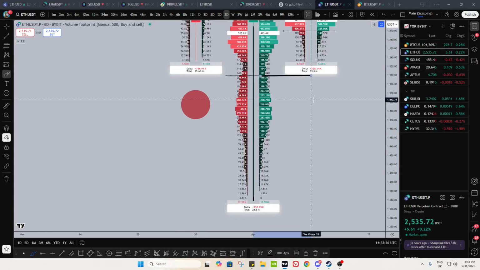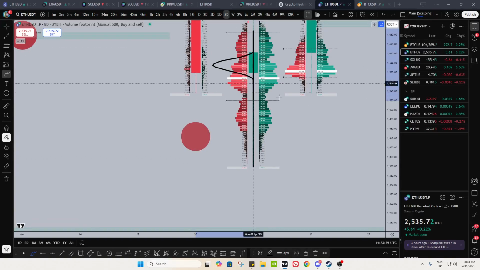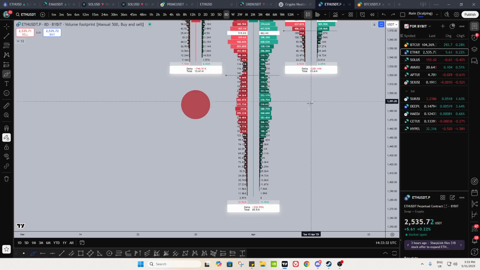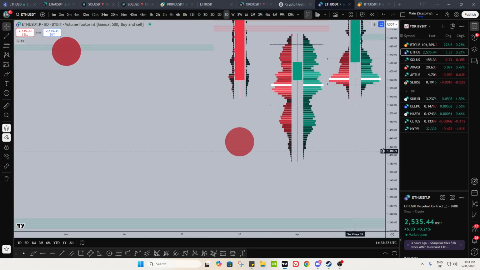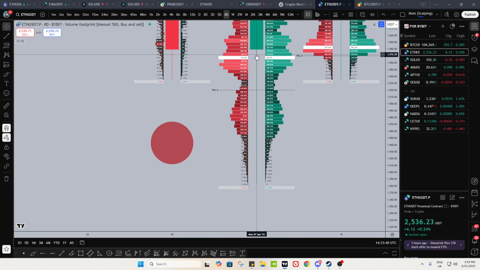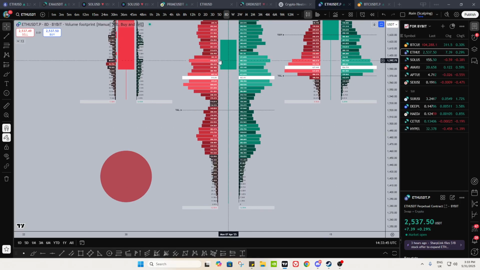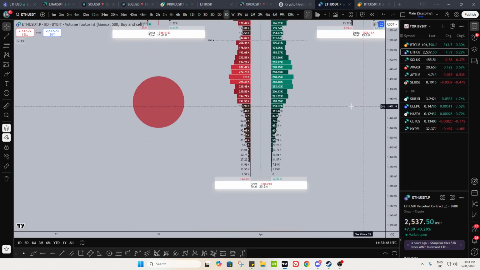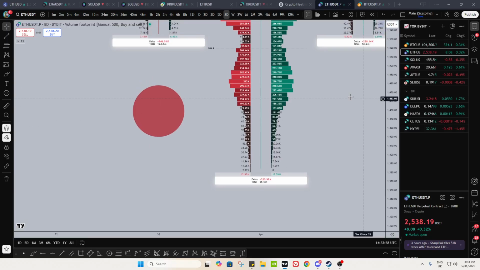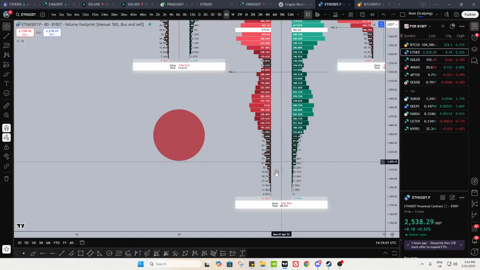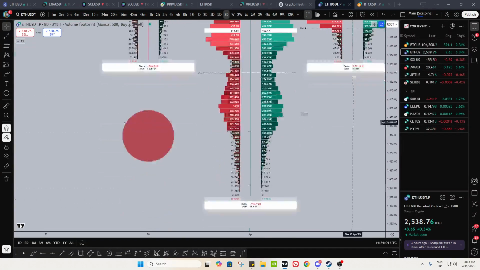You closed above your value area low, where 68% of all traded volume took place, or 70 for most people. You closed above your point of control, which is your most traded volume, and you closed with a massive SFP on the buyer side. What does that mean? It means the SFP was at the downside, but since it's going up, that's strength on the buyer side. The candle closed green. Realistically, if someone told you we have this much volume and the sellers are in control by this much, you'd think we must have a massive red candle and be breaking down from more levels, but that's not the case whatsoever. You held, you SFP'd, and you closed above the majority of your major levels.